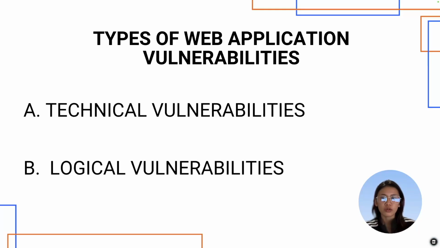So the technical vulnerabilities result from insecure programming techniques. They often require code-level changes to mitigate and can usually be detected using automated scanners. As for our